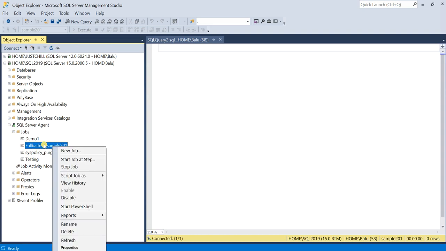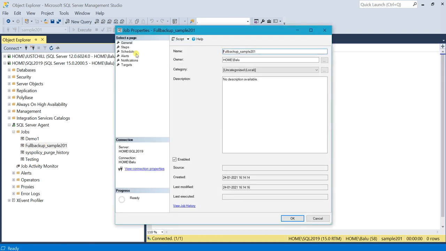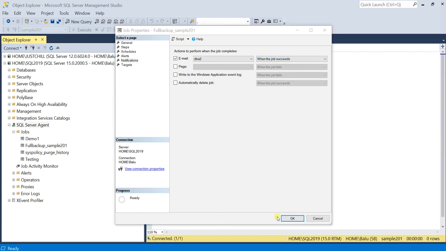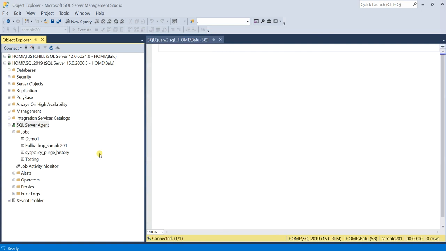Open properties, or you can just double click on it, and then you have Notifications, select Email, and here you need to select the recipient, DBA1 or DBA2. I am going with the DBA2 option. This is the recipient, and then you need to send a notification when the job fails, or when the job succeeds, or when the job completes. So I need to get a notification when the job succeeds, and click OK. So we have set up the operators and notifications as well.